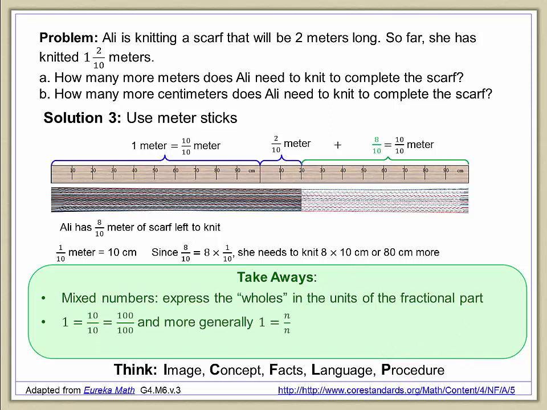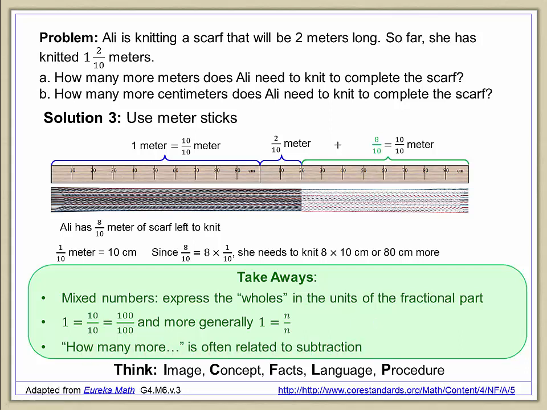The principle behind that is that 1 whole is equal to 10/10, or as we saw in the previous problem, 100/100ths, and more generally that 1 can be written as any number over itself, but of course here we're focusing on denominators that are powers of 10. We also want to reinforce or introduce the idea that how many more, that language is often related to a